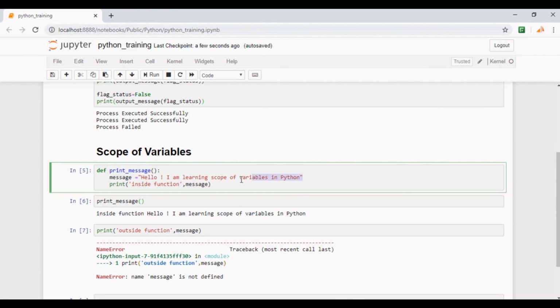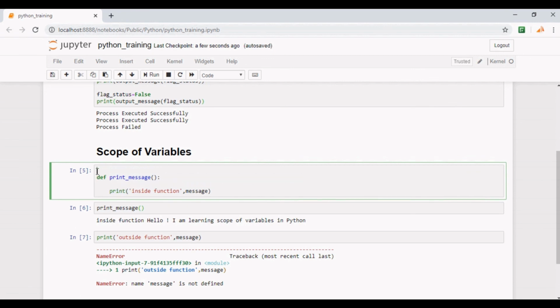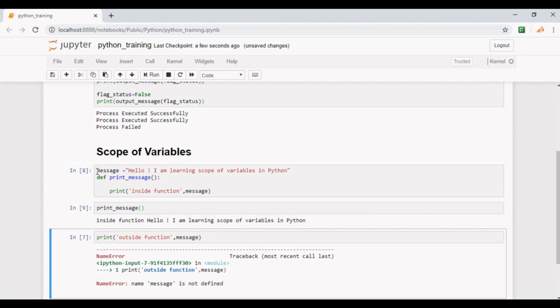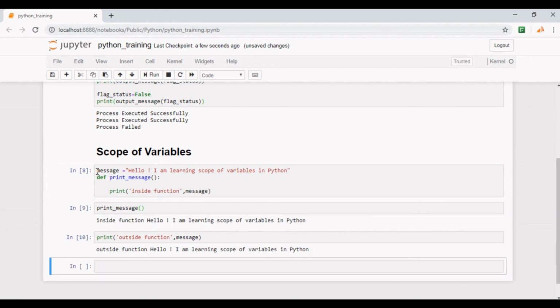However, if you declare this variable outside this function and make it a global variable, now if you run this code, you see we can access it everywhere. That's the difference between a local and a global variable.